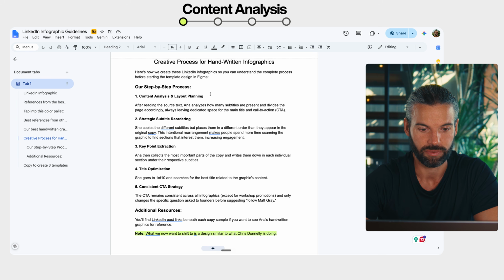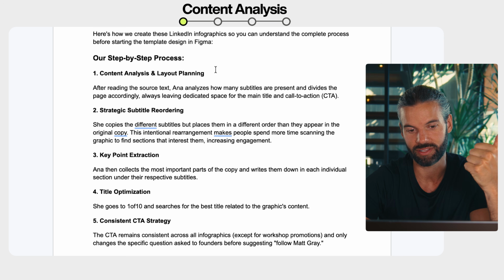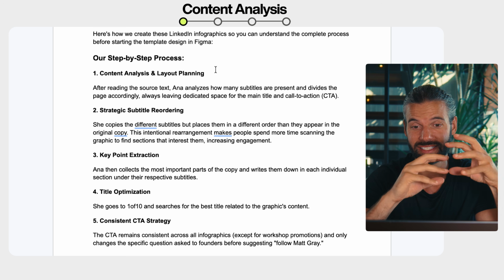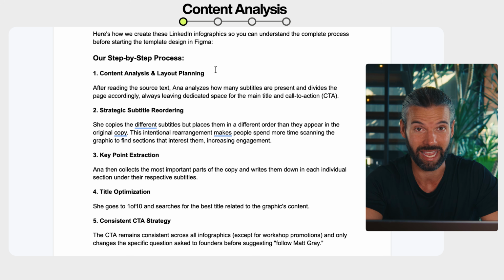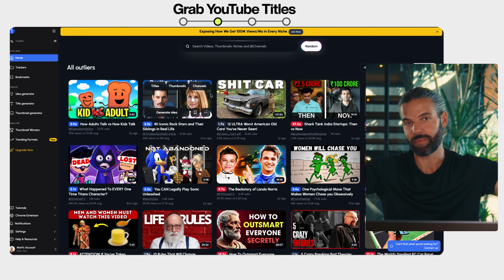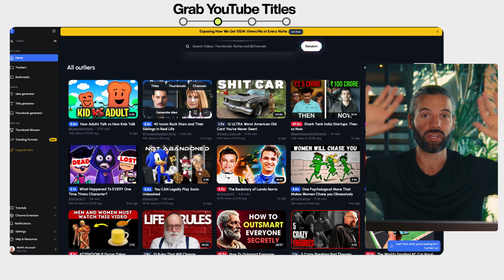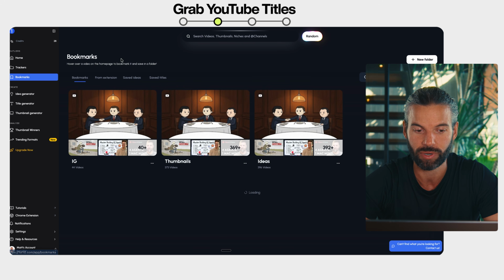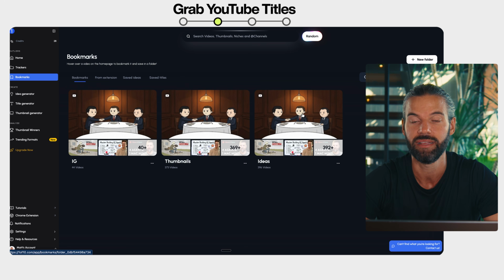The way that we make these, right, is first off, I like to do a bit of a content analysis. These days I'll analyze different subtitles. I'll also analyze different headlines that are working well. I typically like to go to my bookmarks, look at different titles that I've been liking over the last, say, 3 months, and then use some of those patterns of the best performing titles from YouTube and bring them onto LinkedIn. You know, typically I find YouTube titles and X posts are much stronger copywriting than the copywriting I find on LinkedIn. So if you're able to use those as references and then bring them to LinkedIn, you're really destined to create some posts that are likely to hijack the algorithm.